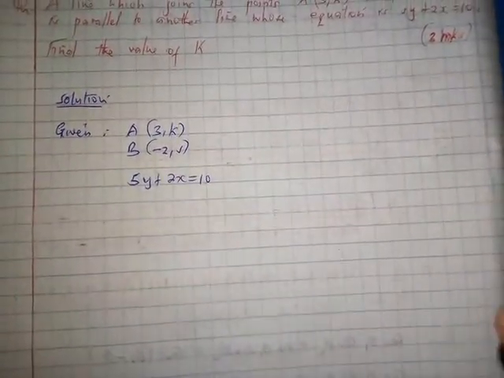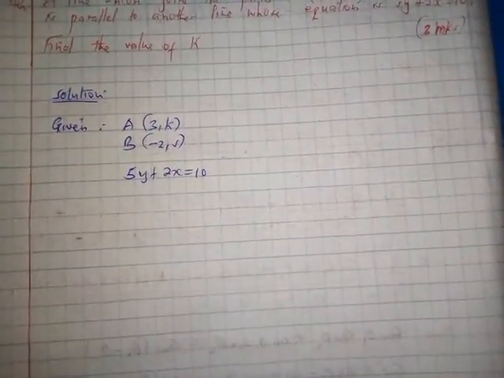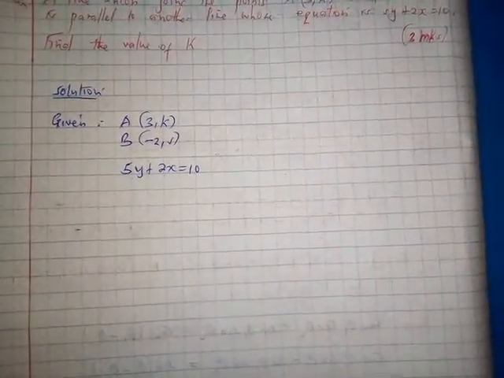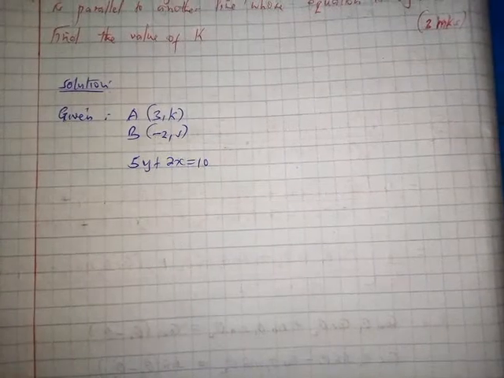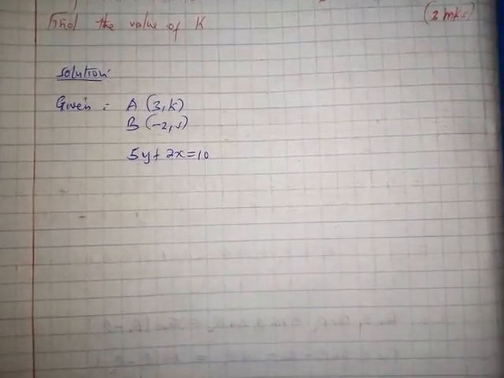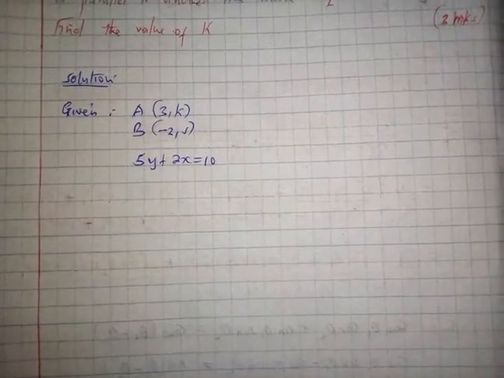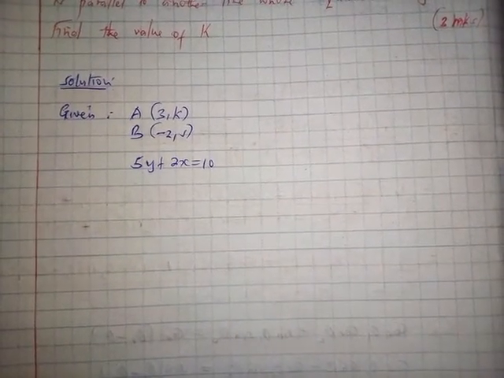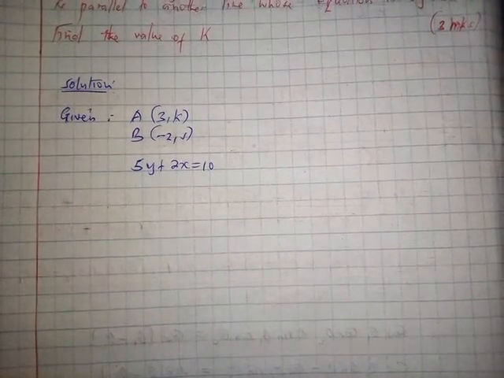So the first thing you have to know is that parallel lines have the same slope, that is the same gradient. Parallel lines have the same gradient,